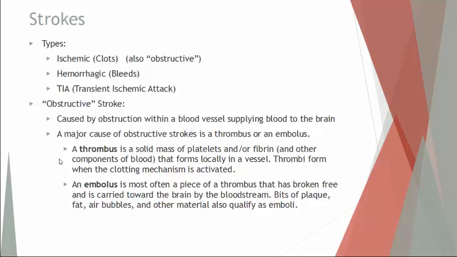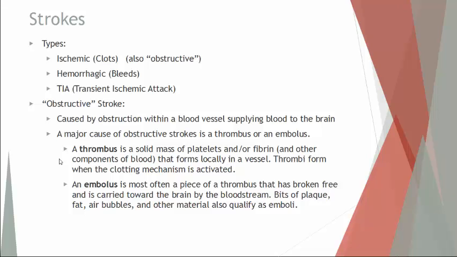And this could be a bit of plaque or a bit of cholesterol, because remember, the circulatory system is one big circuit. So if you have a clot in your big toe, eventually if it becomes an embolism, that will circulate to every part of the body, which means it could go to the lungs, where at that point it's called a pulmonary embolism, which can be very painful and very dangerous. It could get to the brain, it could get to the heart. So you don't want anything floating around in your blood that isn't normally there to begin with.